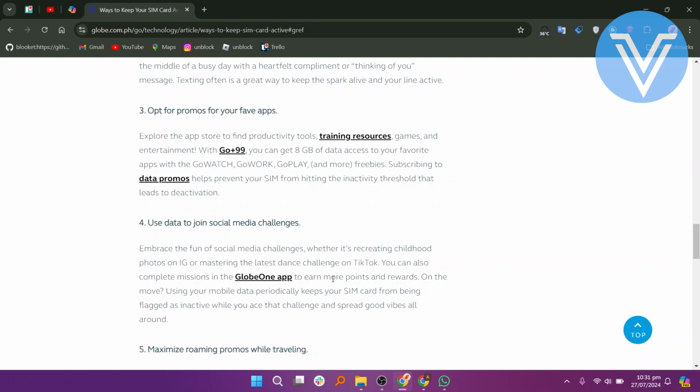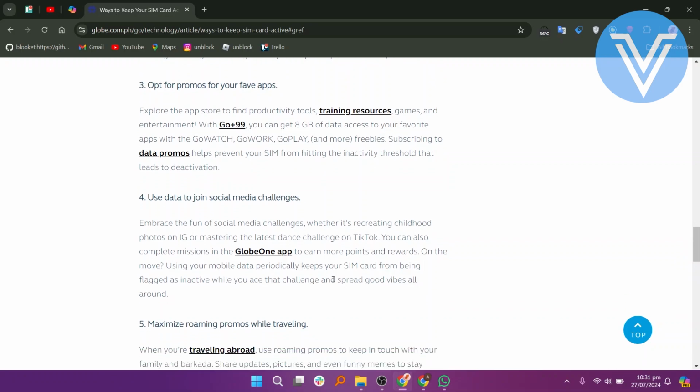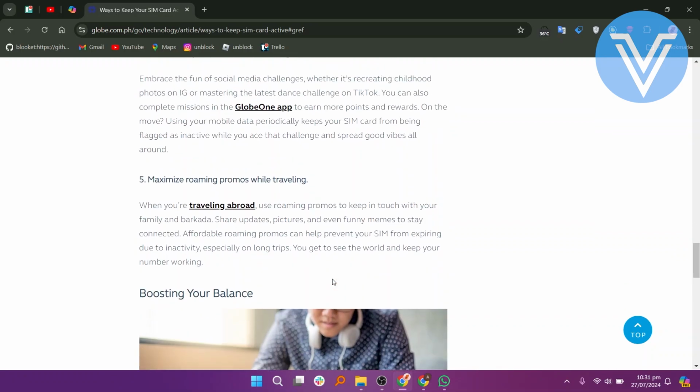Embrace the fun of social media challenges. You can also complete missions in the Globe One app to earn more points and rewards. Using your mobile data periodically keeps your SIM card from being flagged as inactive, while you ace that challenge